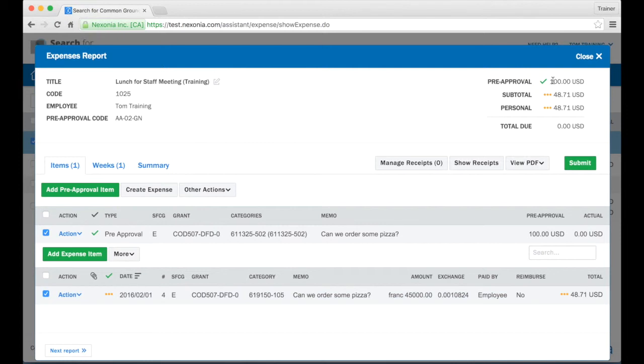At the top, you can see our pre-approval, also the subtotal for the amounts that we spent against it, and we're within our pre-approved limit, so there's no issues. There's no total due at this point. So that's how you handle a pre-approval. Now, of course,